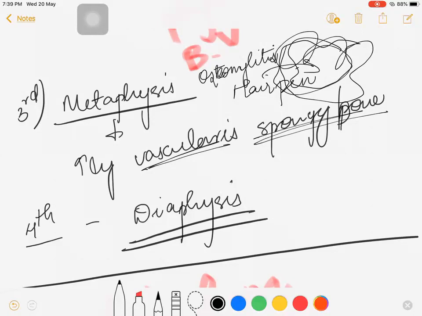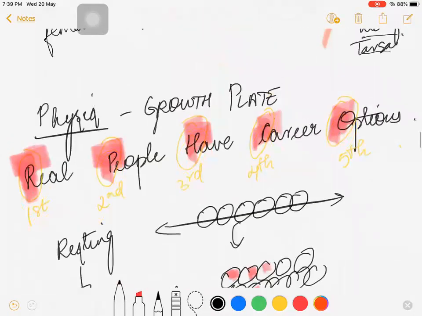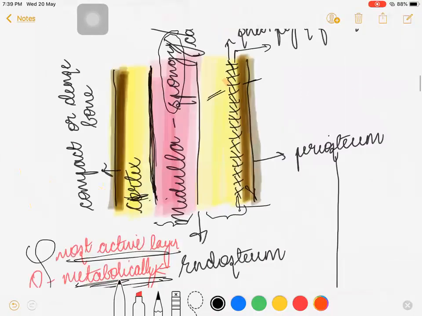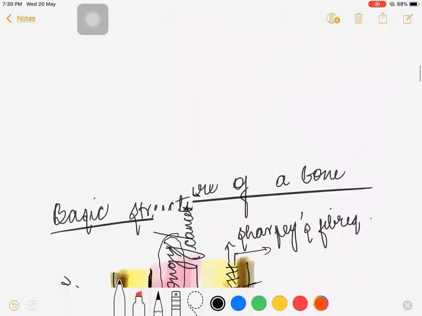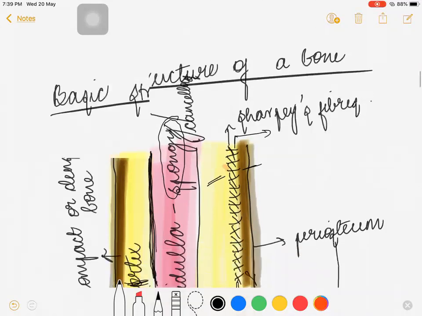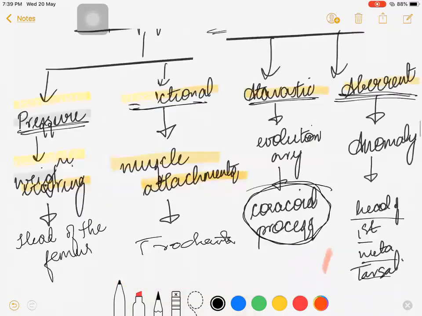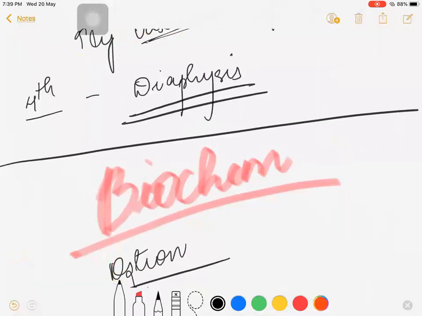And about the diaphysis, you already learned the structure of the diaphysis here, which has the medulla and it has the cortex. Okay, so this is the base on which we are going to be building up our next part, which is biochemistry of bones. In biochemistry, Sonika, I'm going to be explaining the cells and everything. So you will get to know the biochemical structure of the bone. So till anatomy, it's clear? Yes. So next we'll be learning the biochemistry.